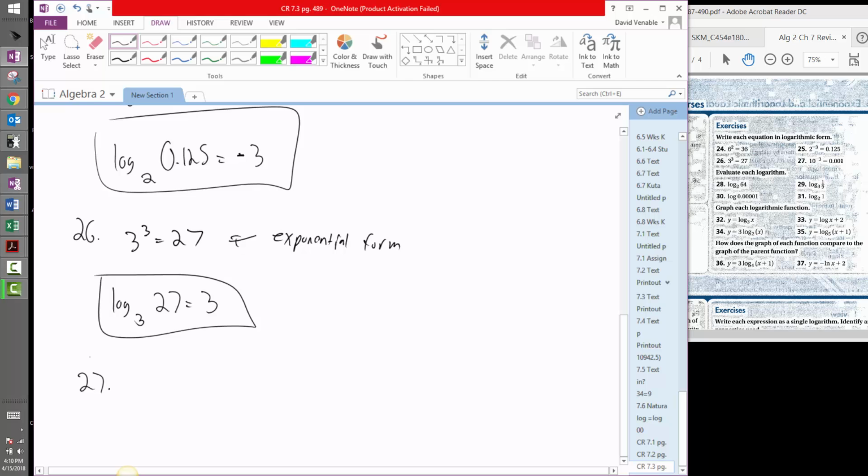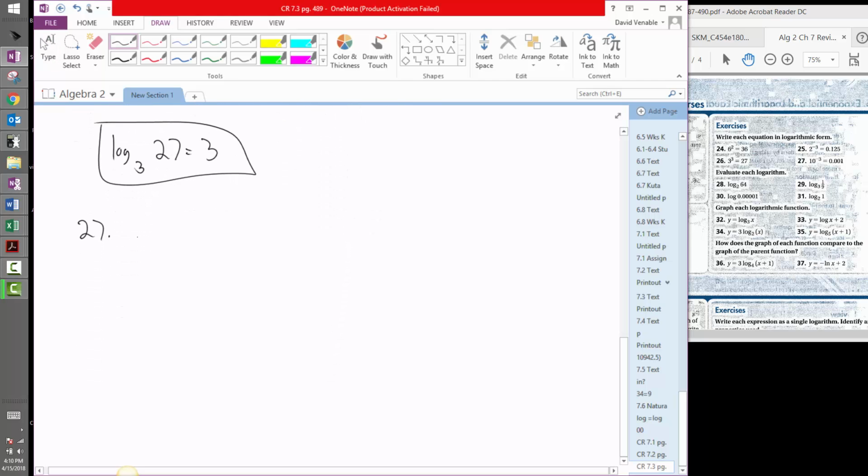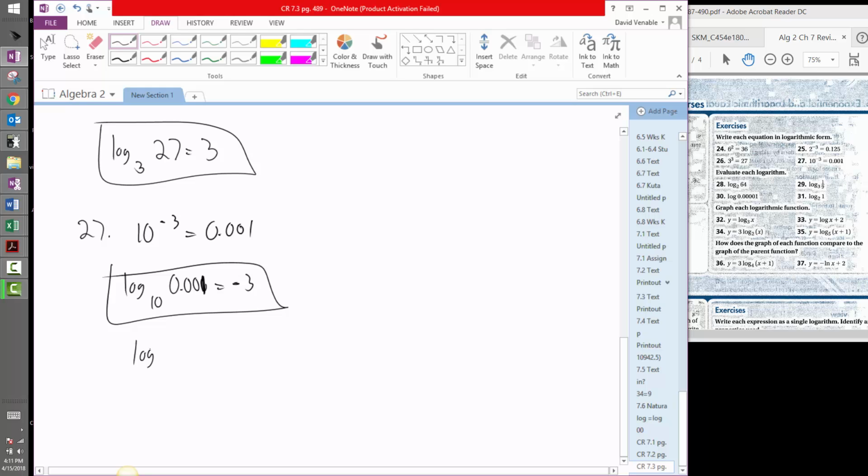All right, let's look at 27. It's the last one like this. Again, we're getting the practice. 10 to the negative third is equal to 0.001. Okay, so, well, what's your base? Your base is 10, so you can just put the 10 down here. Log base 10 of 0.001 is equal to negative 3. This is the correct answer, but you could also do this. Whenever you write just log without a base, the 10 is understood. You could also write log base 10, which is understood,